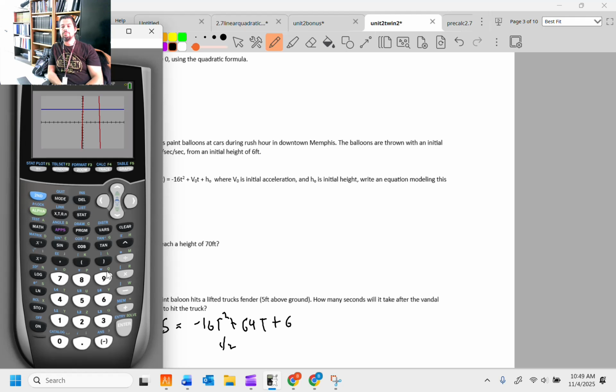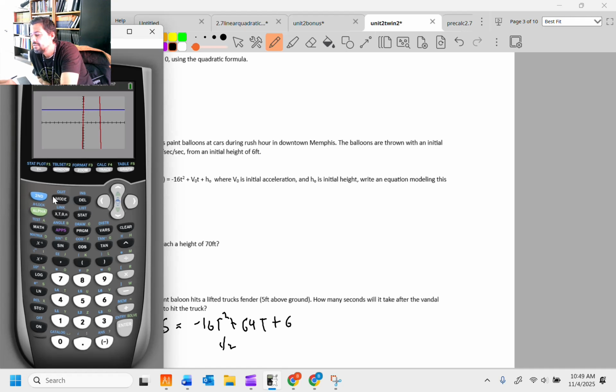So we don't even have the full picture here, but you should imagine that the parabola goes up and the parabola goes down. This solution is probably negative time, which is nonsense. This is the one you want. It doesn't make sense either, because the initial height was 6 feet, so 5 feet is going to beat that. It goes up and it smashes into the truck right here at this particular time, second,